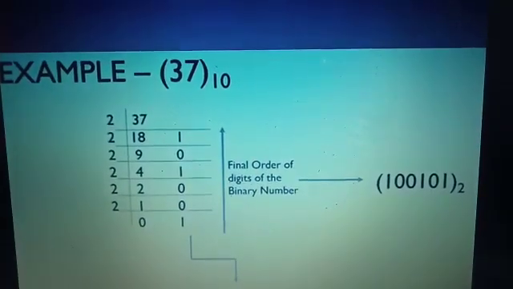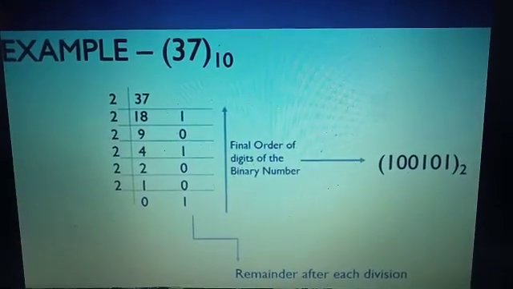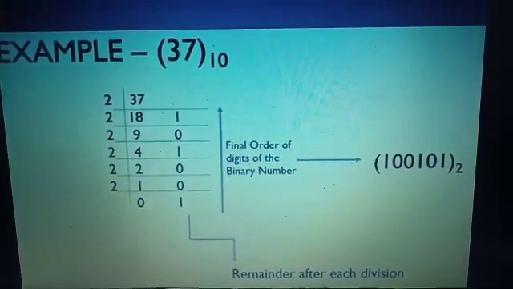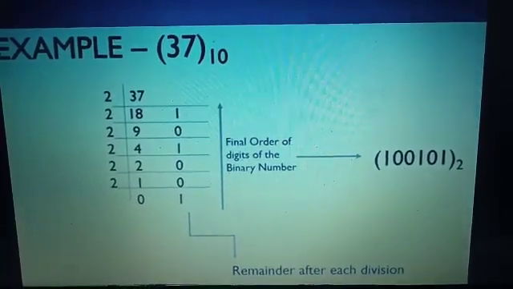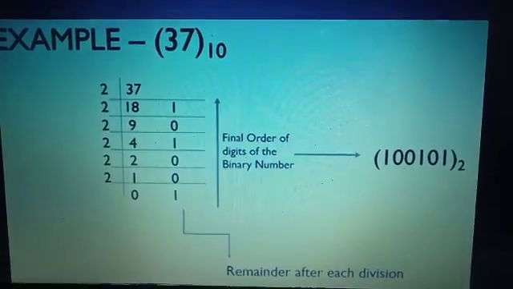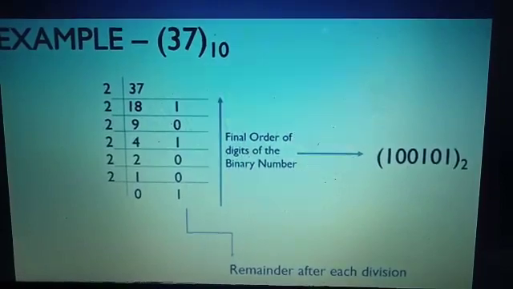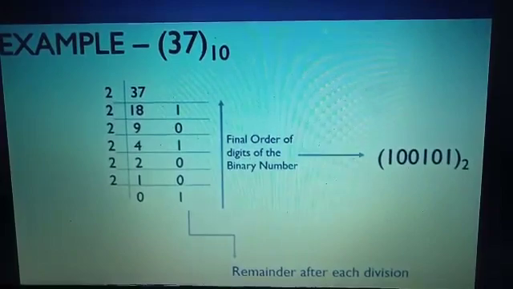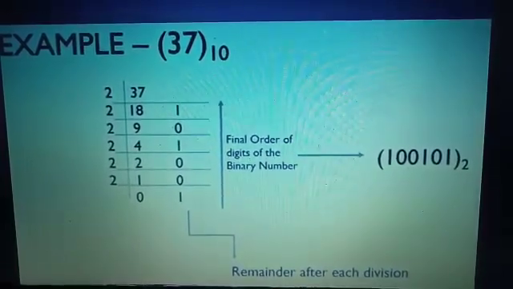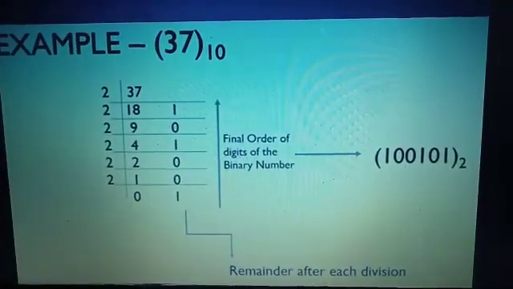See one more example. The same thing you have to apply here. 37 is there, base is 10. And after that you have to divide up to the quotient. When the quotient is 0, you have to stop. So here also the same way you have to write the remainders. 37 divided by 2, you are getting 1, that one you have to write in the remainder place. So you will get the first digit of the binary number. You have to write the answer from bottom to top. What will the answer be? 1 0 0 1 0 1. That is the remainder after each division.